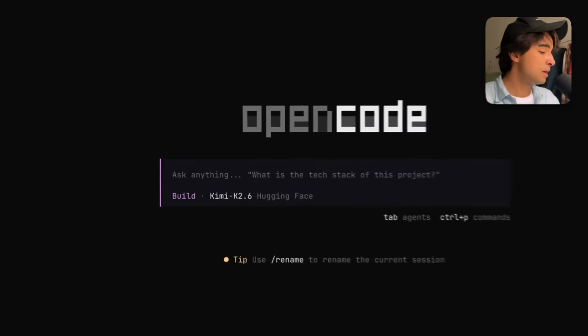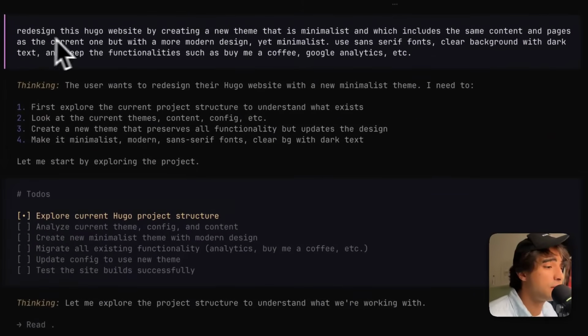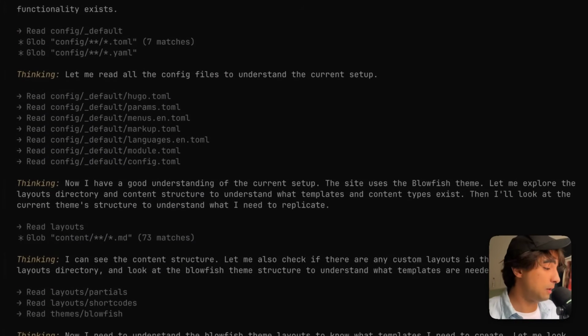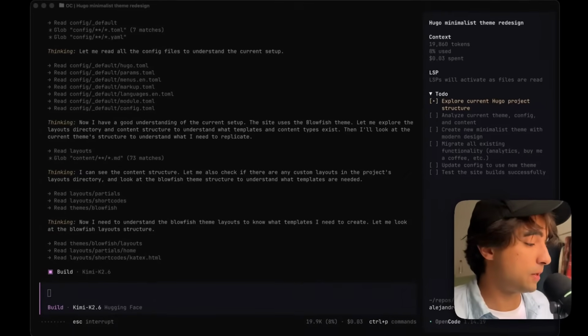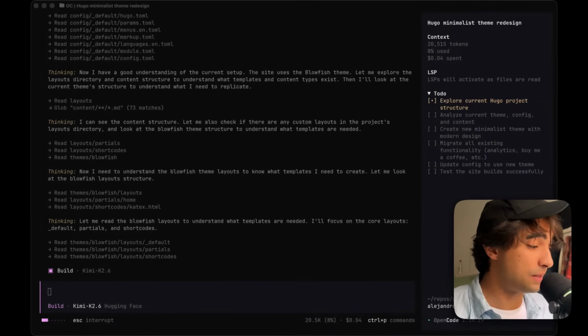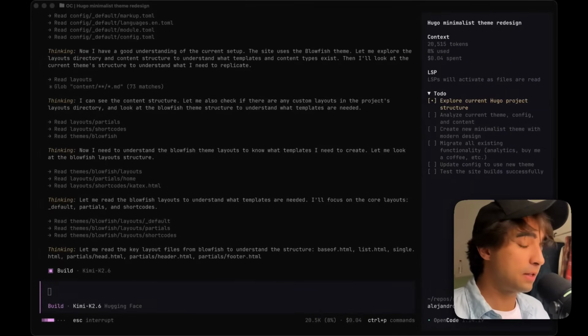Okay, so let's see. As you can see, I sent this prompt saying redesign this Hugo website by creating a new theme that is minimalist and which includes the same content and pages as the current one, but with a more modern design, yet minimalist. Use sans serif fonts, clear background with dark text, and keep the functionalities such as buy me a coffee, Google Analytics, etc. Let's see how creative it is. I did ask for something minimalist, so I'm not expecting something worthy of some design awards,